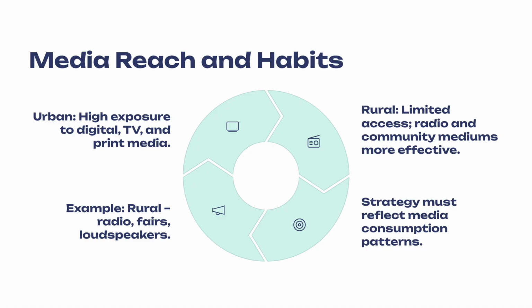The strategies for promoting products in rural markets must be very different from those used in urban areas. This is because there are significant differences in both media reach, which means who has access to which media, and media consumption habits, that is how people use different media between the two market segments. These variations are due to factors like literacy levels, ownership of electronic devices, access to electricity, and income levels in rural areas. As a result, marketers targeting rural audiences need to develop creative and relevant promotional strategies to effectively communicate their messages.